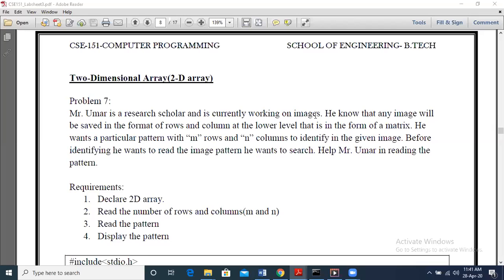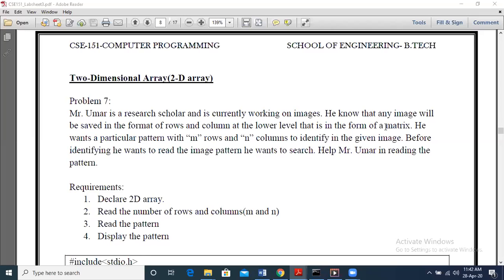Let us see further. The problem says he knows that any image will be saved in the format of rows and columns at the lower level. That means it is stored in the form of a matrix. Okay. If you have a particular image in form of 0, 1 or any number, we can use it to store that image in the form of a matrix.